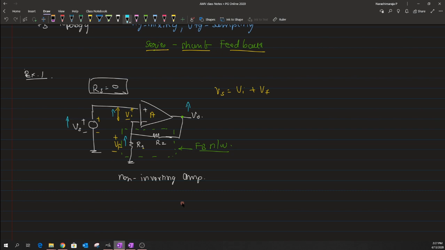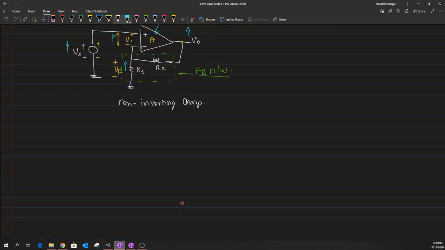If there is a rise in the value of Vs, then Vf will also have to rise in the same direction. Okay, and that is how we can subtract it from the Vs in order to create a small potential of Vi across this amplifier. Okay, so now let us go for the second example,